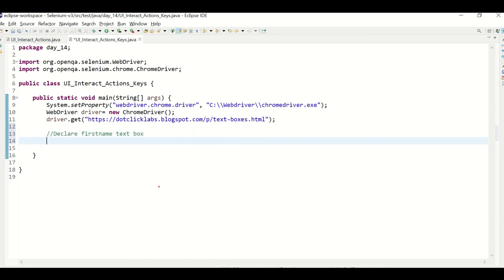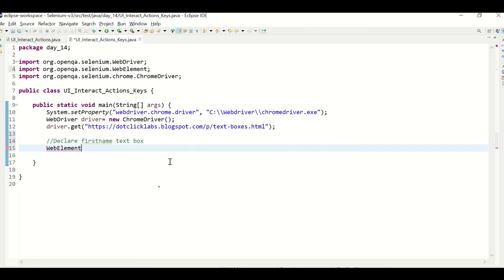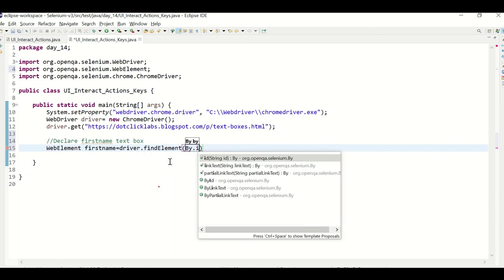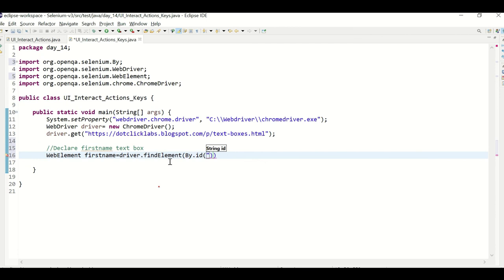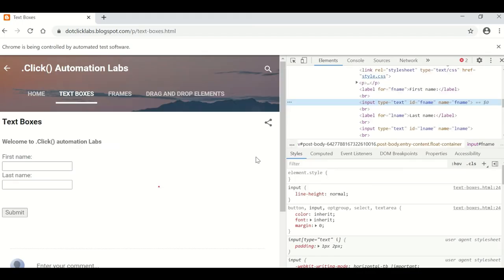First you need to declare the first name text box. There are two ways: either declare it first or use it directly. I'm declaring WebElement firstName equals driver.findElement(By.id, pasting the id I copied, and closing the bracket. This is about the first name.